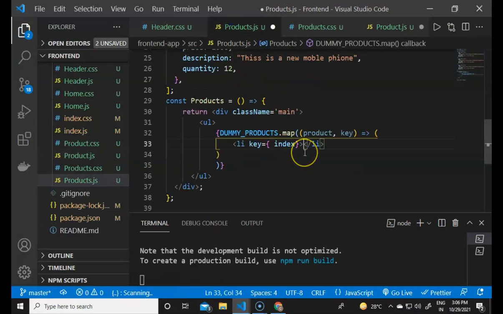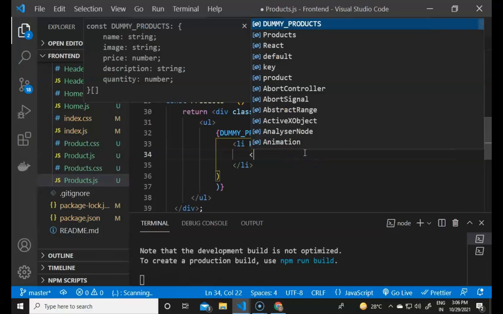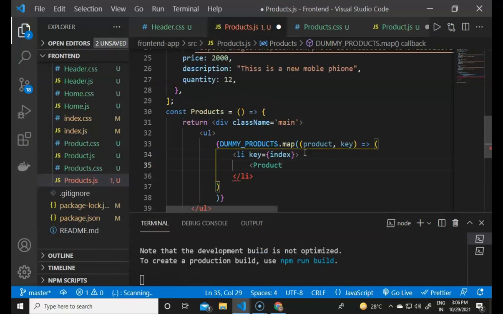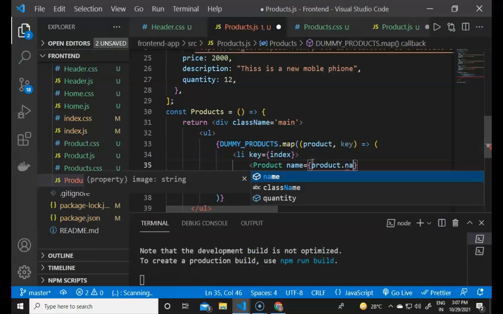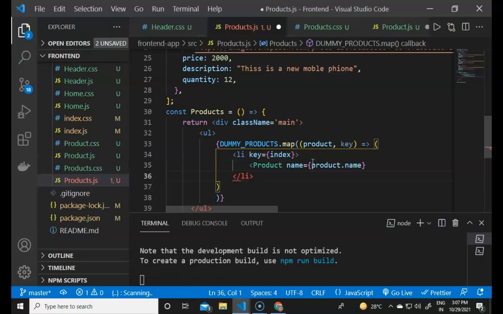Then it will contain a new product inside every LI, and it will contain the props here. Props are used to send the data between the components, so we have to use the props here. We have to provide the name of the product, like name, and the name will contain product.name.